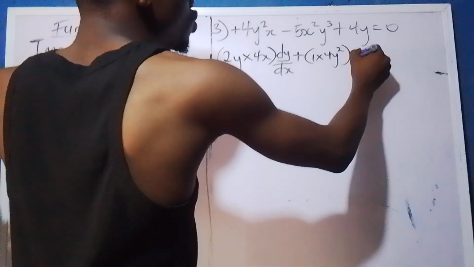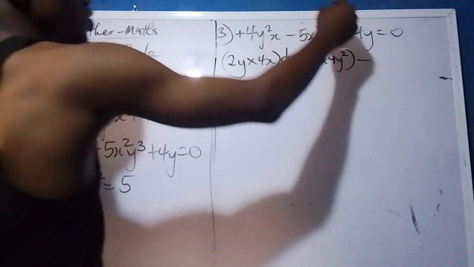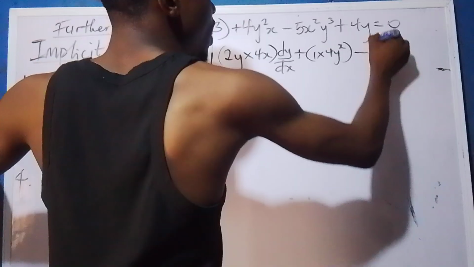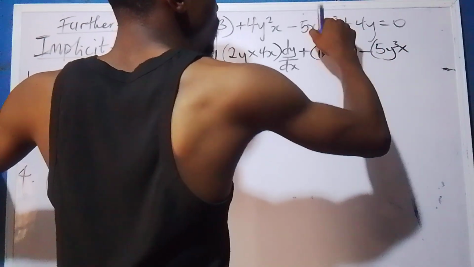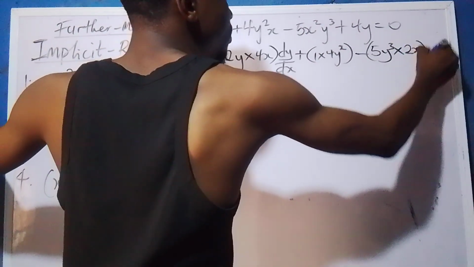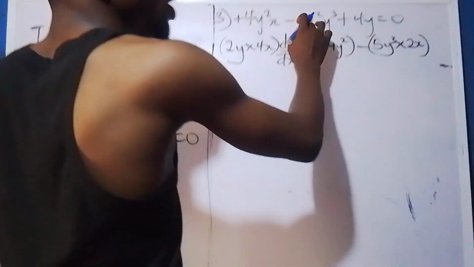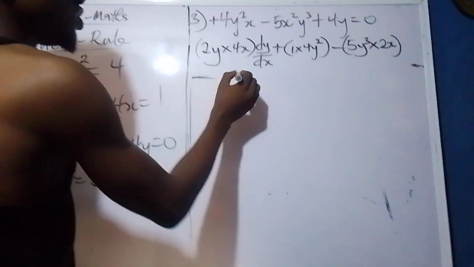Then minus, if you differentiate y squared, you'll be left with 5y cubed times what you differentiated, that would be 2x. Then this part you're also not going to have the dy over dx because you are differentiating x. Then you now see minus because the starting